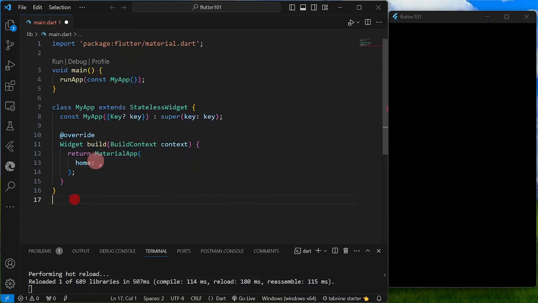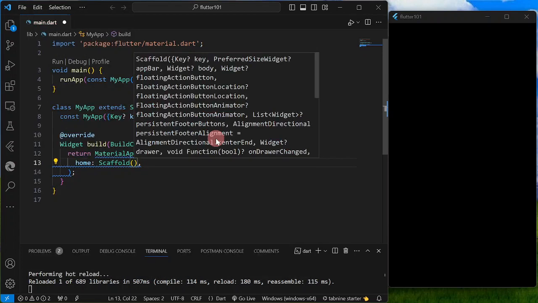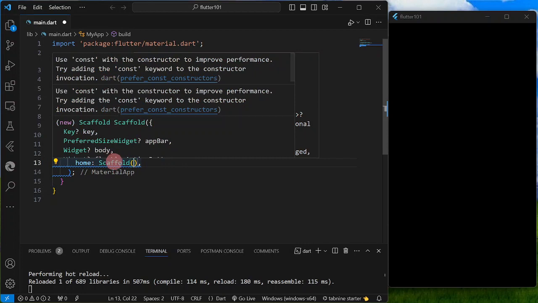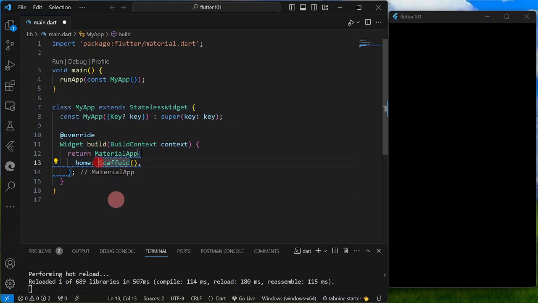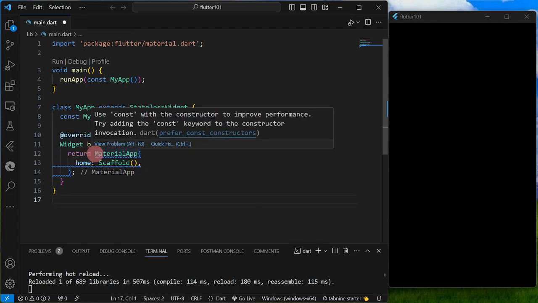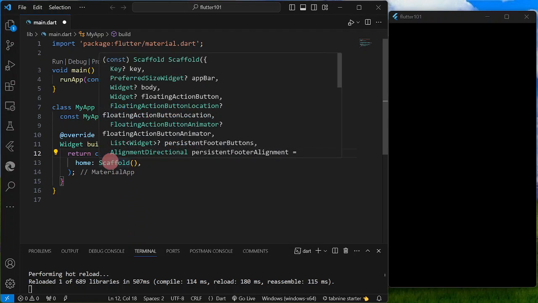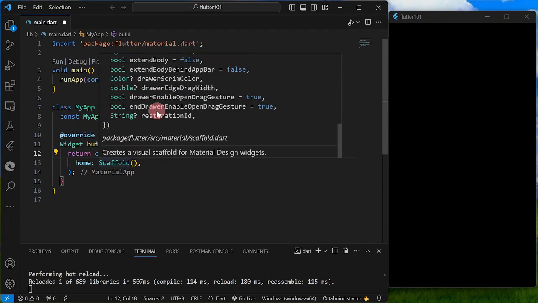Okay, so I'm just going to create here a scaffold widget. So again, what is a scaffold widget? Oh, we don't have the definition here. Now this blue wavy underline tells us that to remove that, we're going to use the constructor. So for our scaffold, this is the basic structure actually,